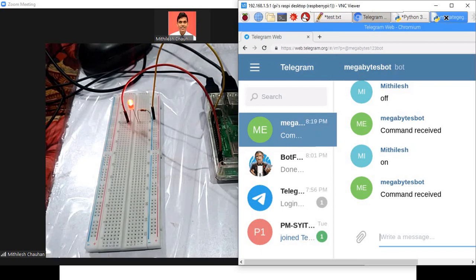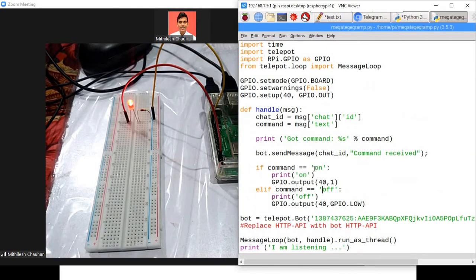So remember one thing, whatever you write in this parenthesis in the code, the same command you have to send as the user. You may put another symbol like @, but Telegram bots by convention use a preceding slash. Anything preceded with a slash will be considered a command. It is by convention, so it is up to you. You can follow it, or as shown in the second example, you may replace that slash with any character or none of them. So it is working in both cases.